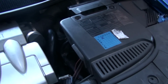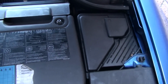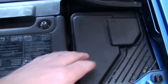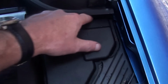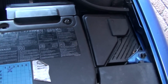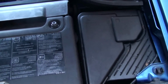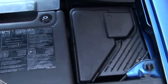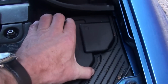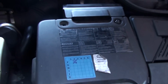What caused the electrical fault was actually water getting into your fuse box. If it happens again, what they say to do is to seal around the cover with a water sealant. I haven't done that simply because when I took this cover off, it wasn't on firmly, it was loose, and that's how I think the water has got in there. It was quite loose. So it's fitted on firmly now, and there's no electrical fault